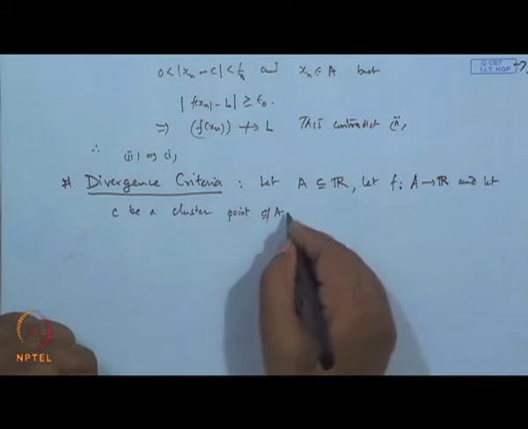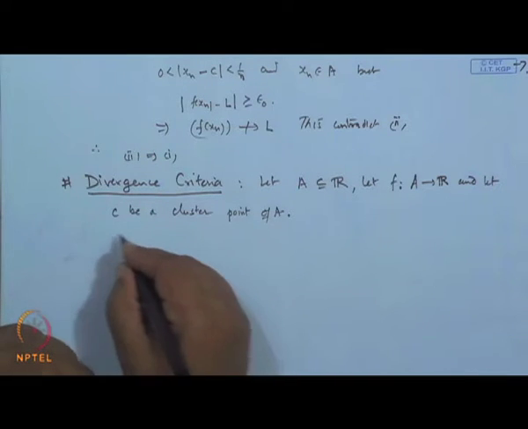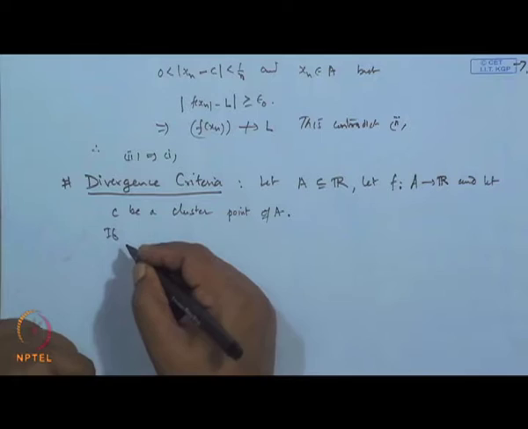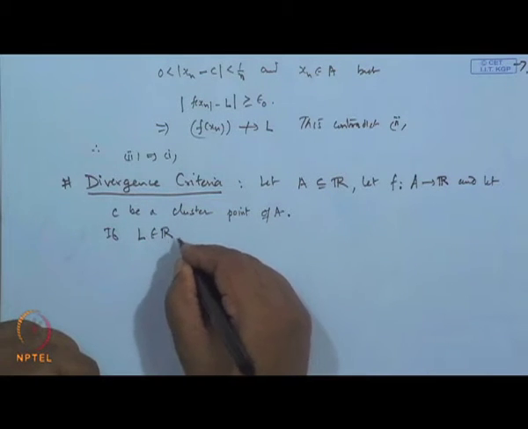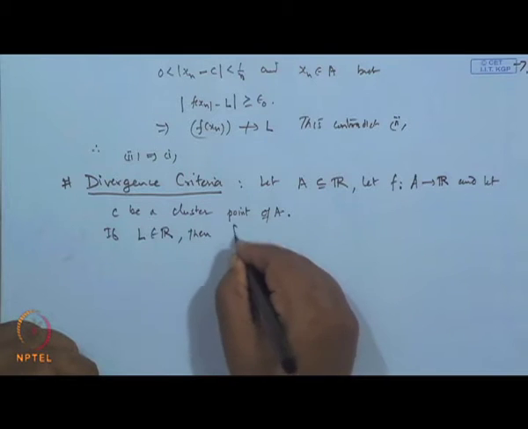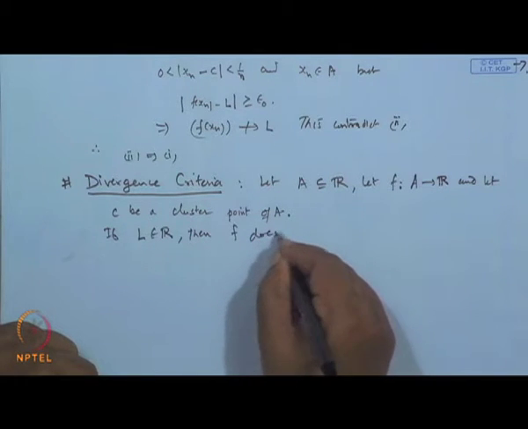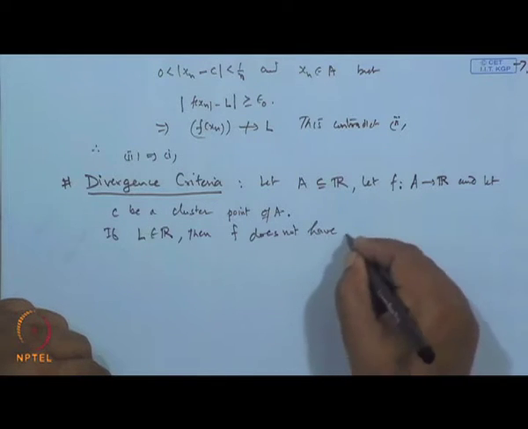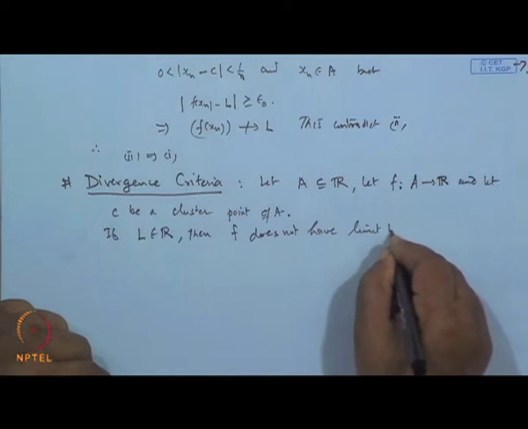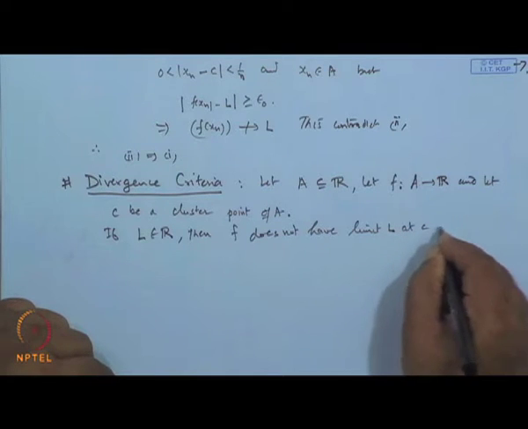Then the criteria says, if L belongs to R, then f does not have limit L at C if and only